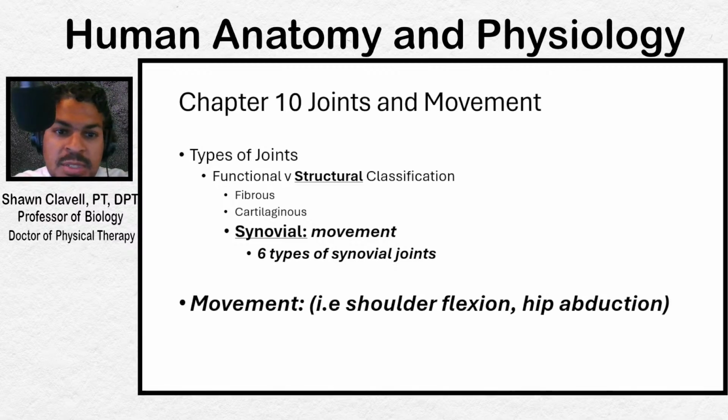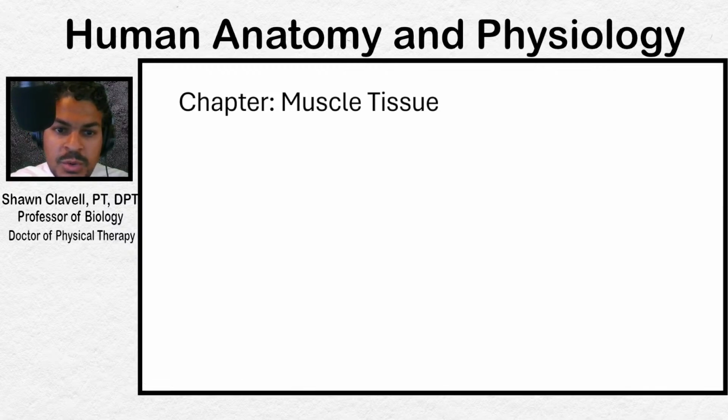When we look at chapter 11, let's open up a new slide here for you. As we look at chapter 11, what you're going to talk about here is specifically muscle tissue. So, chapter 11, muscle tissue. It's very similar to what we saw when we talked about bone as a tissue. So, the histology of muscle tissue. This is chapter, I'm sorry, chapters 9 and 10. Okay, so muscles and joints is 10. This is chapter 10 as well, we'll just say.